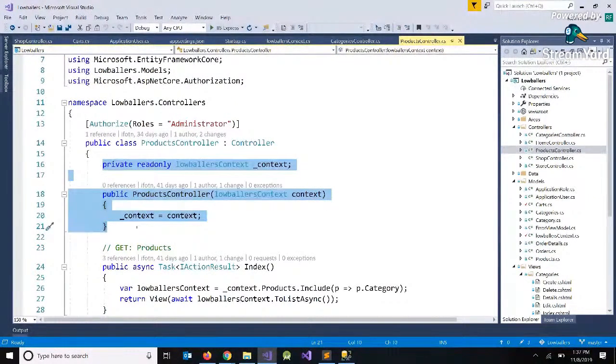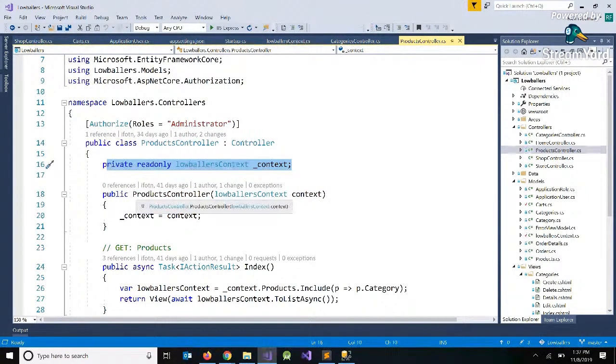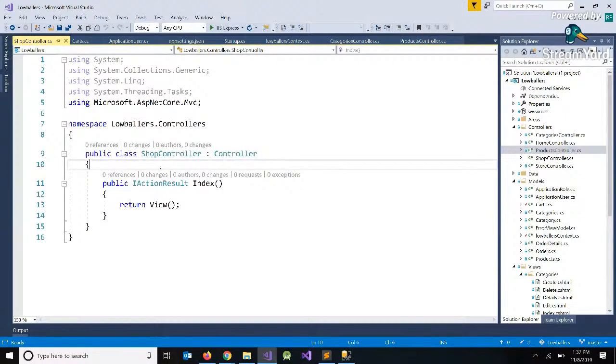So we don't have this in an empty controller, but our controller is going to need the database because we're going to interact with the carts table. So we need an instance of our low ballers context, and then we need a constructor that takes an instance of our class and instantiates our database connection. So we need this in our